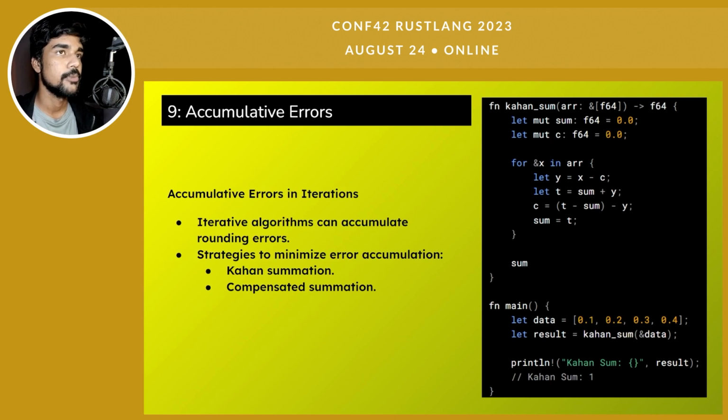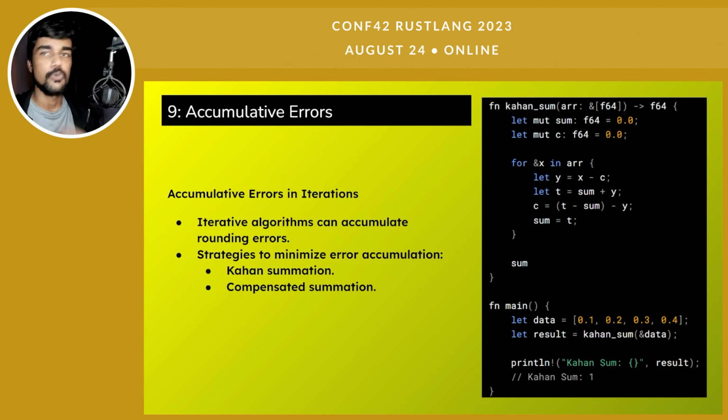Now, coming to the accumulative errors, this one is pretty interesting. Quite sometimes, let's say that you might have to deal with some kind of series of floating point numbers. And in that scenario, it becomes quite necessary to know that, as we saw with the previous slides, there can be lots of issues with the limited number of bits. There can be rounding error problems. There can be significant loss of significance, associativity, etc., etc. So because of all this, there can be an accumulation of the rounding errors.